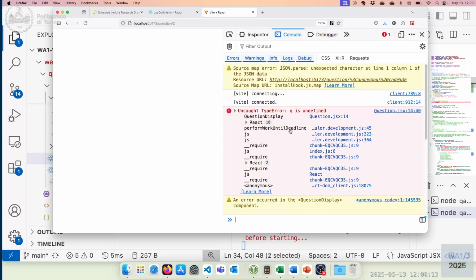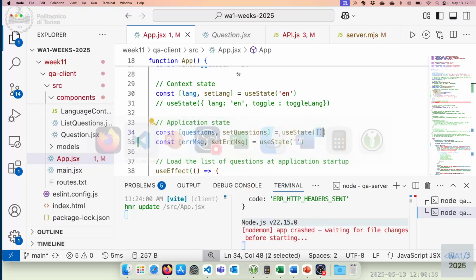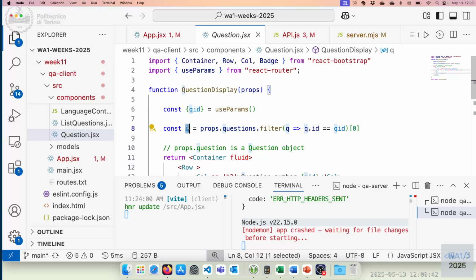This error is strange because we know that this question list will be loaded soon, very soon, in 50 milliseconds. But it's not being loaded because the application crashed. The application crashed because in the first render, when the list of questions was still empty, I was trying to access the first element. Crash. So we should always ensure, you see, Q is undefined in our code. Q is our local variable. So the component list of questions that we have in app here